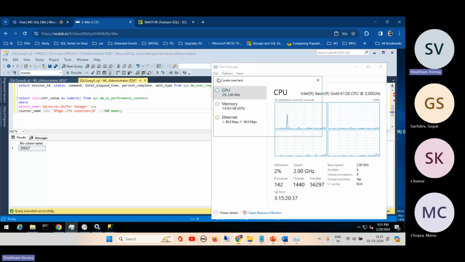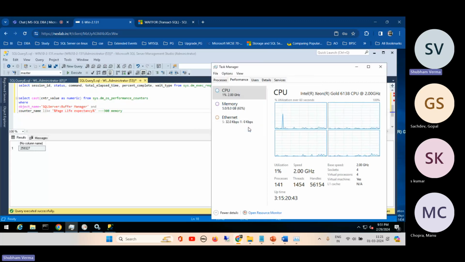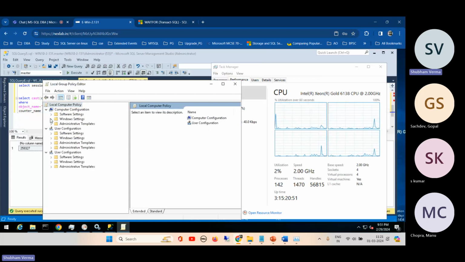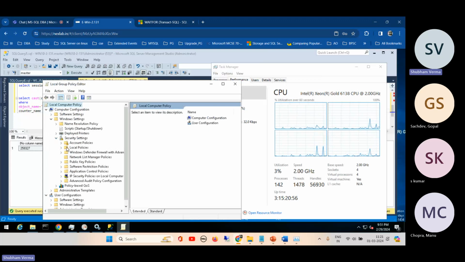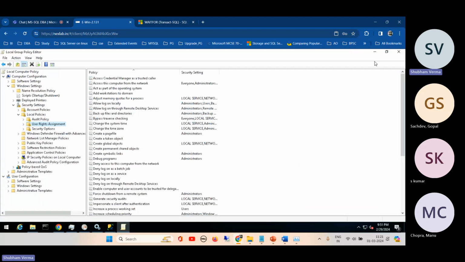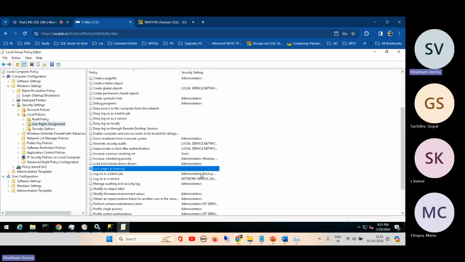Go to Run, then gpedit.msc, and there is a component on the Windows side. This is the first step, a best practice for server side tuning. Security settings, then local policy, in local policy user rights, and here we find lock pages in memory. See, this is not enabled yet. It means we are forcing SQL Server to lock data pages in memory,